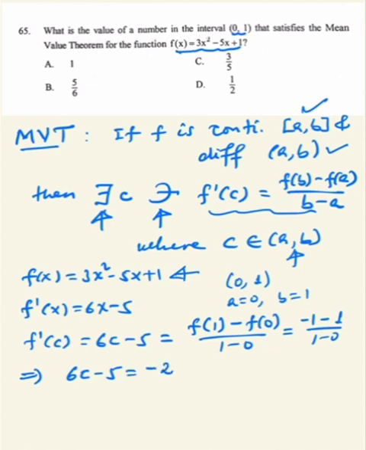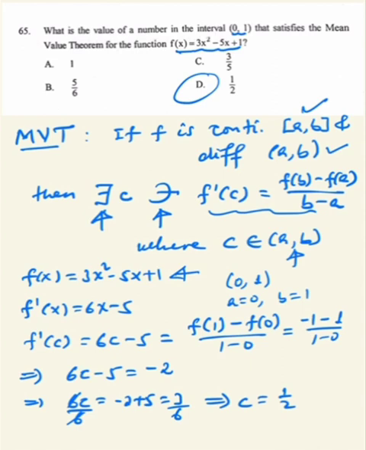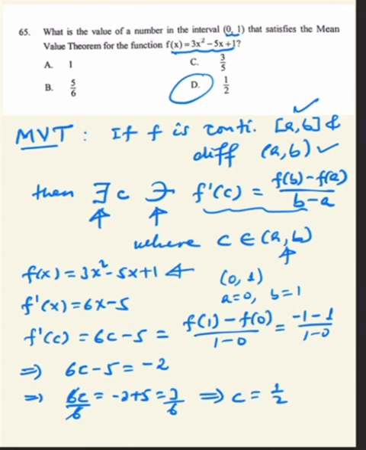so ይሄ ምን ይሰጠናል 6c minus 5 is equals to minus 2 over 1 which is minus 2 so ይሄ ምን ይሆናል ማለት ነው 6c is equal to minus 2 plus 5 which is 3 okay dividing both sides by 6 c ምን ይሆናል ማለት ነው 3 over 6 or 1 over 2 ይሆናል ማለት ነው so obviously 1 over 2 በ0 እና በ1 መካከል ነው ስለዚህ mean value satisfy ሊያደርግ የሚችል value አለን እሱም 1 over 2 ነው ማለት ነው